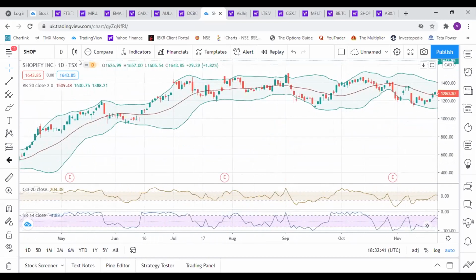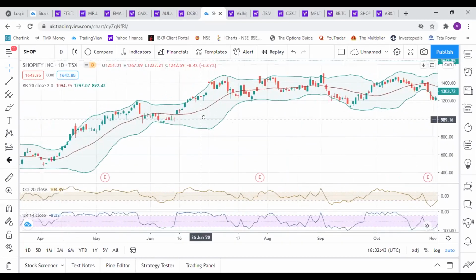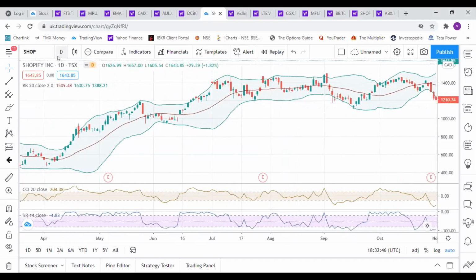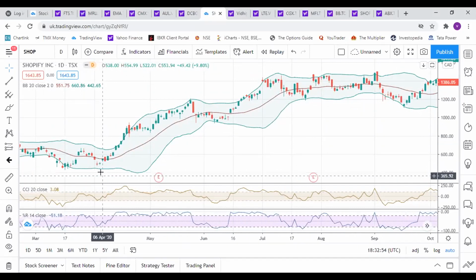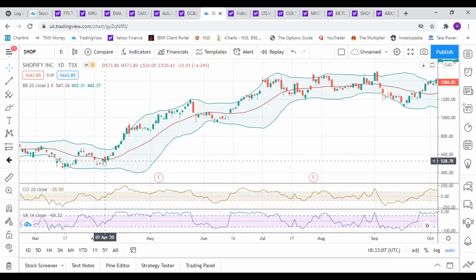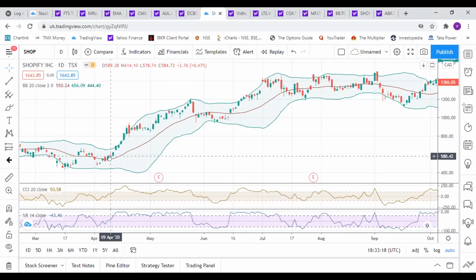Where was our entry? Vivek sir, shall we take the example of April 4th entry itself? Then it would all be right. April 4th entry is fine. Now, April 4th entry over here, I'm crossing over from the lower Bollinger Band. I'm crossing the mid Bollinger Band and going up. Do you see this? Now, 1, 2, and 3. 3 days consecutively, I'm at the mid Bollinger Band level. So on 9th of April, I have entered the stock.